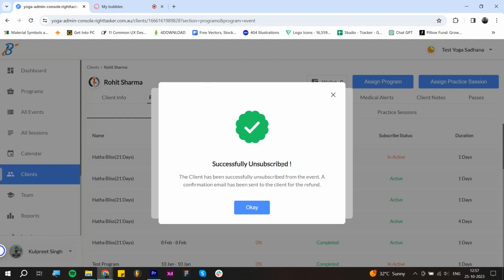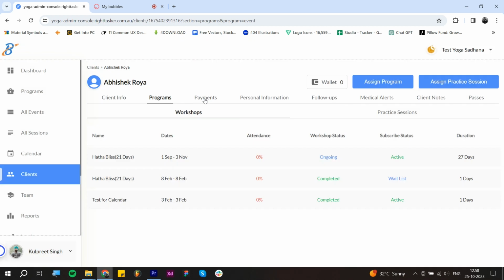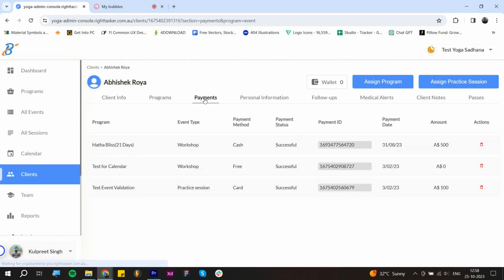Clicking on this button, you can see there's a confirmation modal saying that the client has been successfully unsubscribed. Additionally, the client will also receive an email confirming that he or she has been unsubscribed from that particular event with the event details. Moving on to the next tab, payments is the section where all the transactions and the transactional details of every transaction that this client has done in order to subscribe to workshops will appear